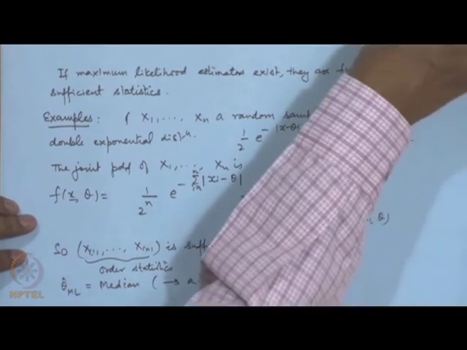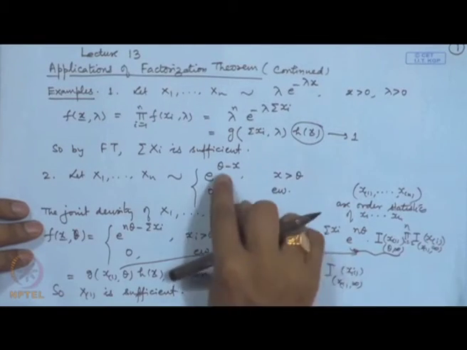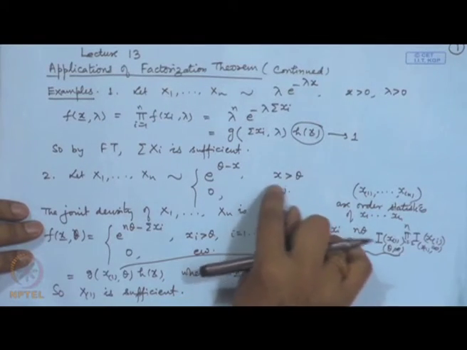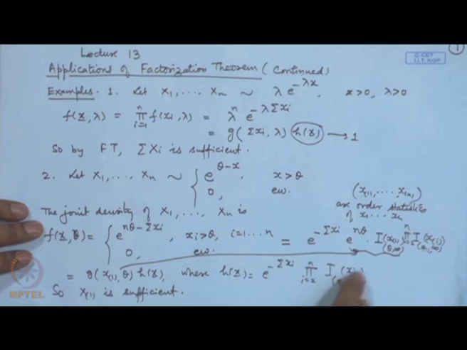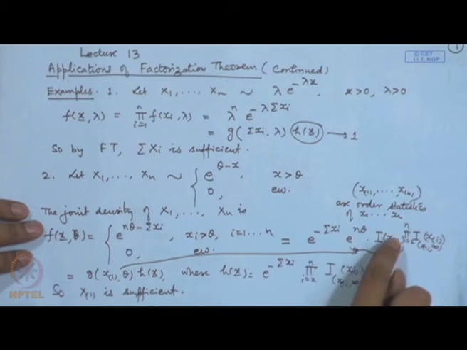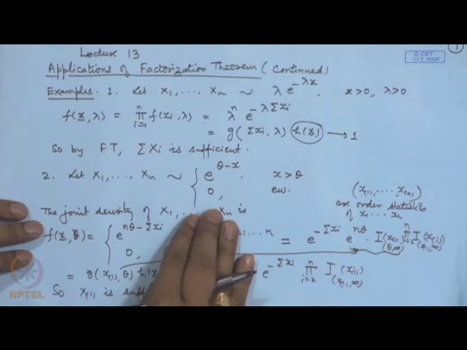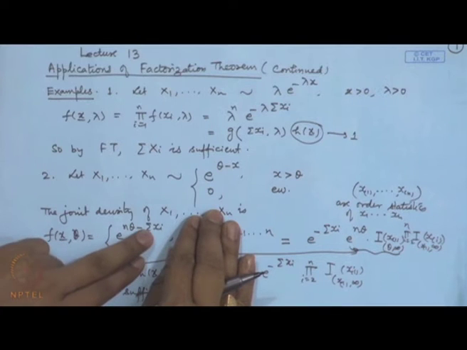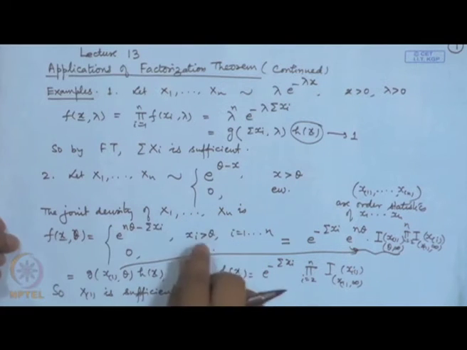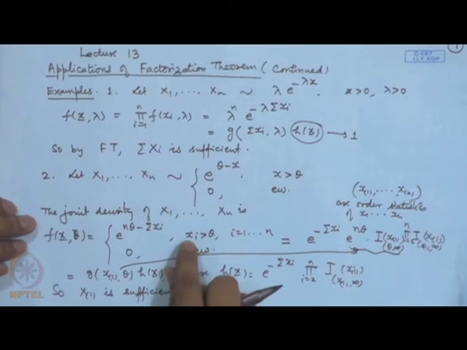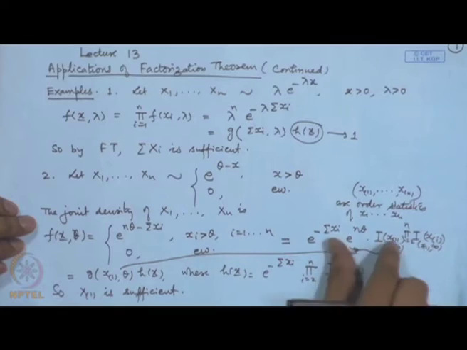Another thing which I just now pointed out, that many times when we are writing down the density function, say in this case, we have to incorporate the region of the variable which is dependent upon the parameter as a part of the joint density function, because if we do not include it, then we cannot derive the sufficient statistics. For example, if we had written only this part, then there is no sufficient statistics here, because e to the power minus sigma xi can be separately written, e to the power n theta can be separately written. However, this is not a complete description of the density unless we include the region xi greater than theta for all i, and this is the way of including this.